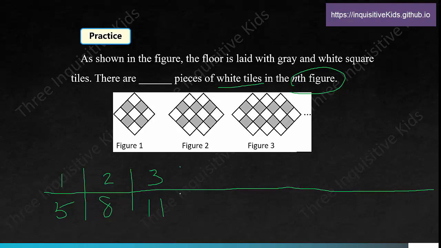So, what pattern can we sense right here? What will the fourth figure have? Add 3, add another 3, 14. Now that we can already figure out what number 4 is, we can probably figure out what number n is, right? So for number n, okay,